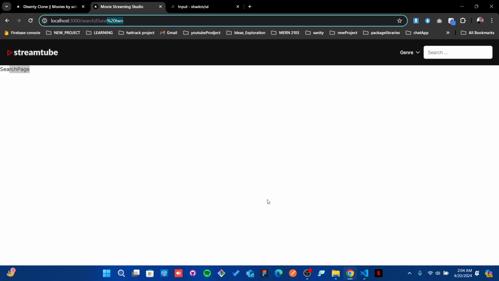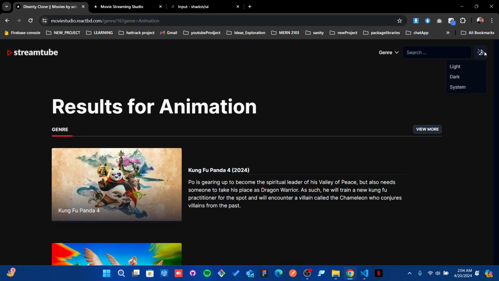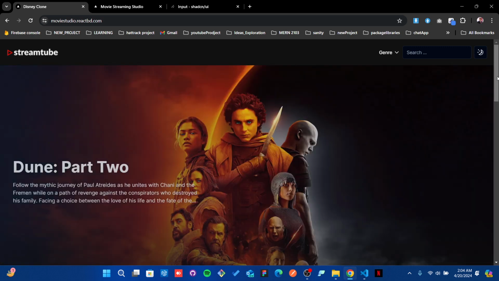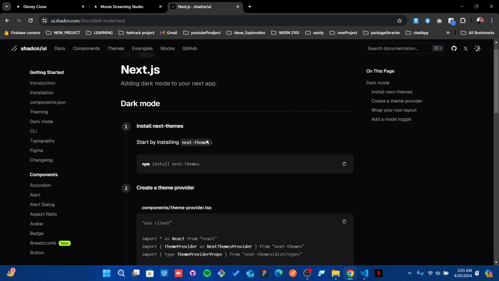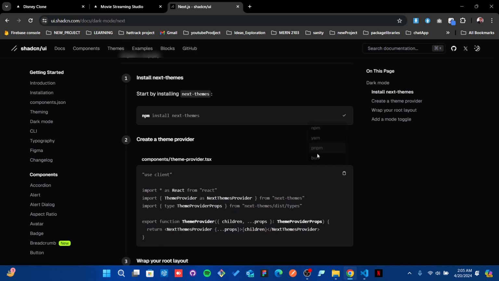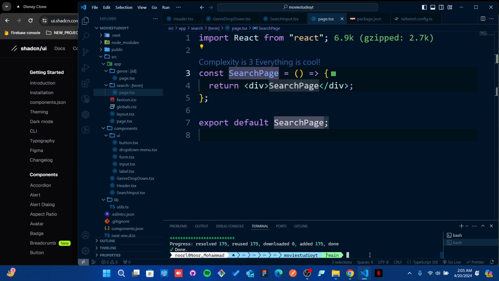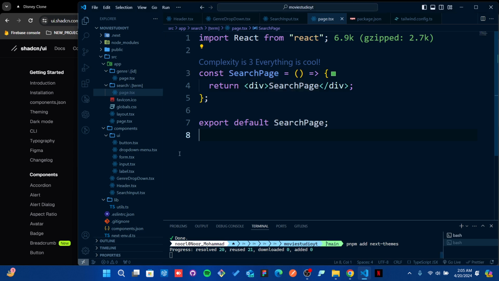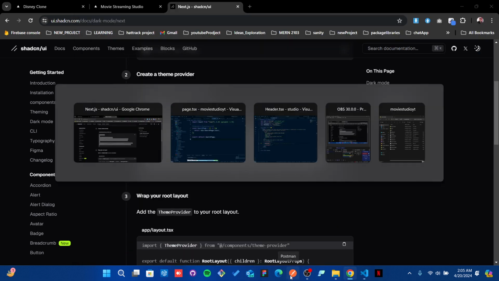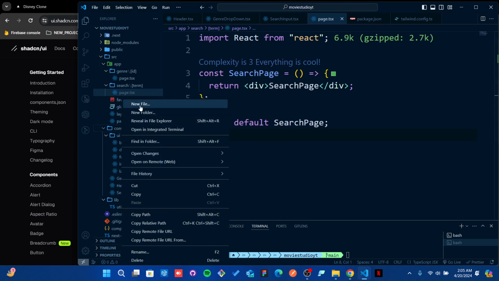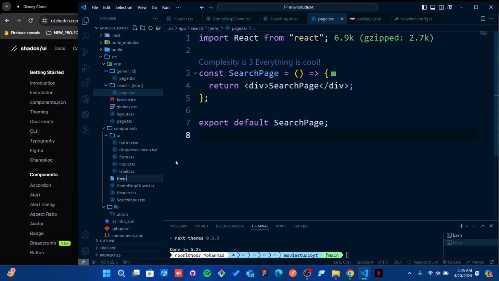So it's working perfectly. Before working with the genre, search and other parameters, we're going to set our theme, because otherwise we're going to have so many issues viewing the data. To use that theme, we're going to use the theme from the Shadcn UI. If we go back to the dark theme and go with Next, we need to install our theming here. So again, with npm we will install that, and after installing it, you see there's an entire block we need to copy, and I'm going to open another file in the components folder, which is going to be